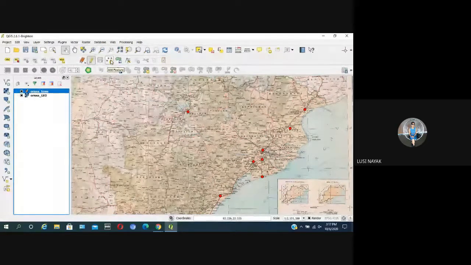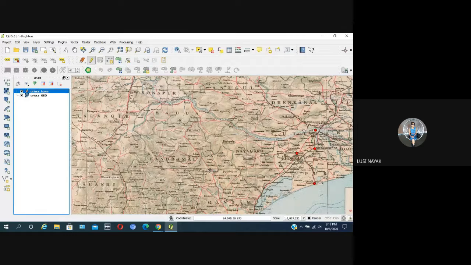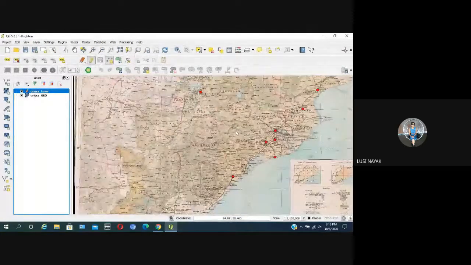Then add feature. Click your add feature button. Then select your towns on your raster image.